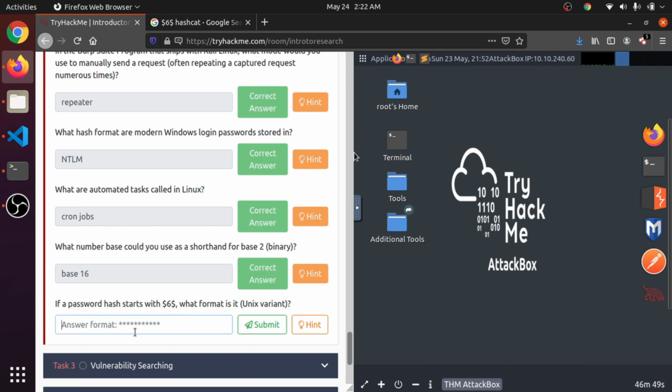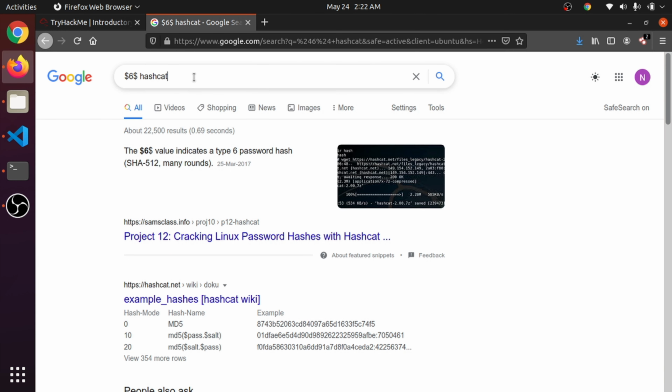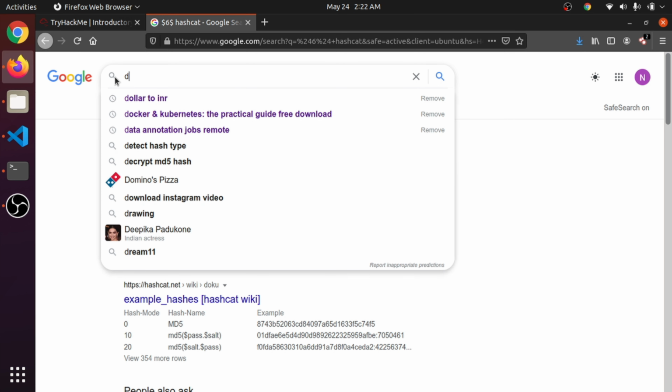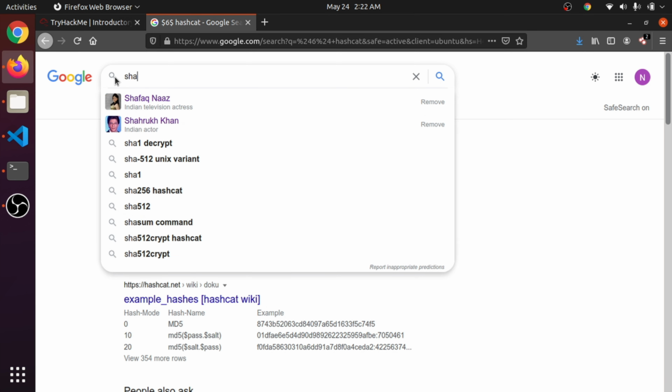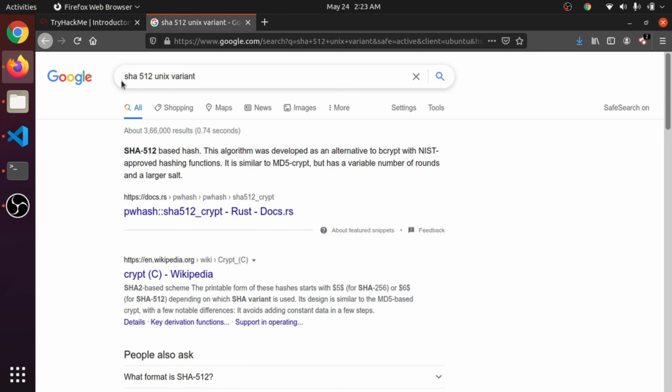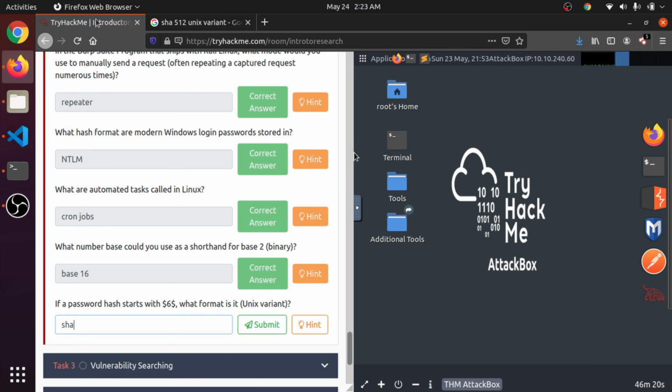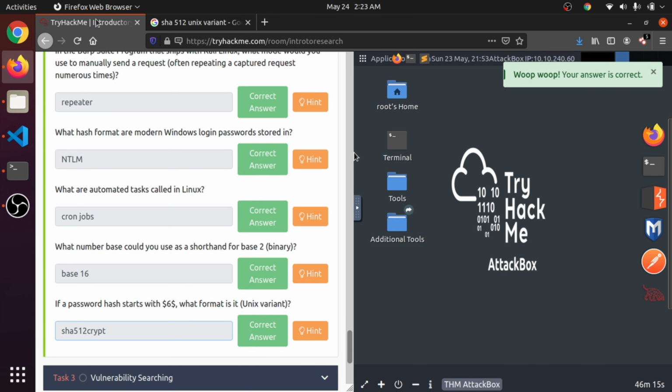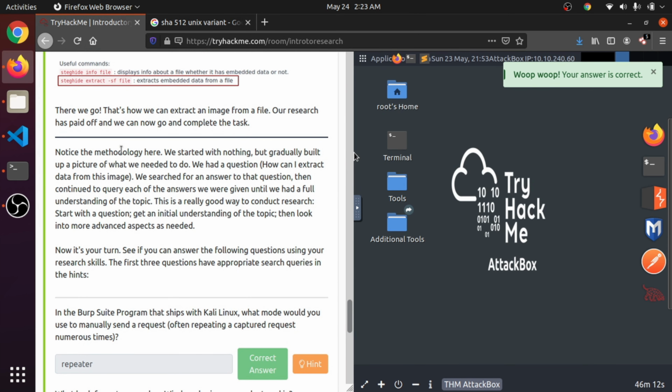I think it's mode 1800, SHA-512 Unix variant, so SHA-512 crypt. Okay, the second task is fully completed.